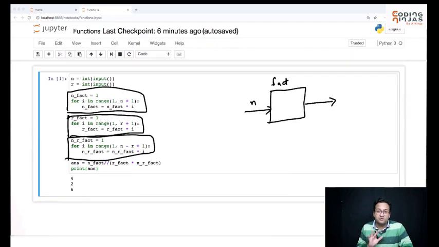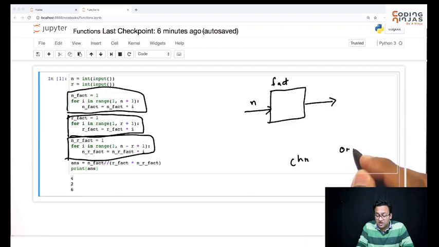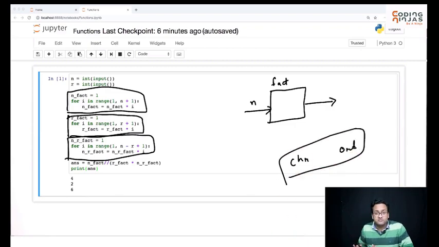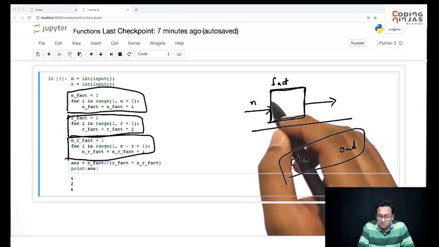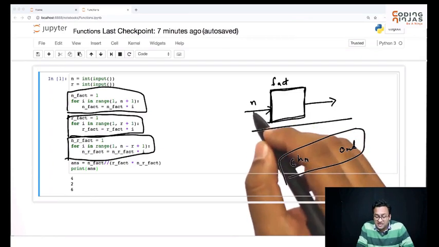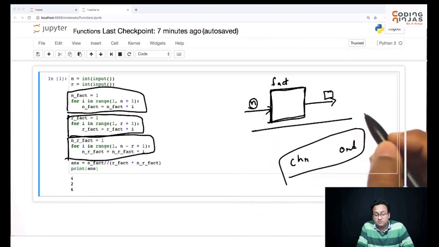We have already seen some methods, like CHR and ORD. Similarly, I would like to write a method or a function, as we call these, which will basically be a black box for me, a block which takes an input from me and gives me an output.